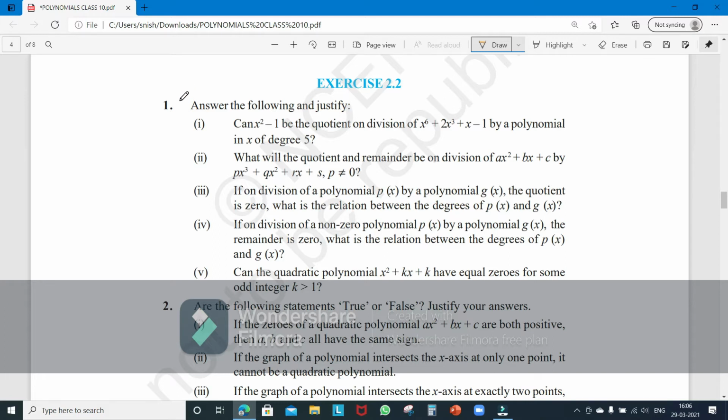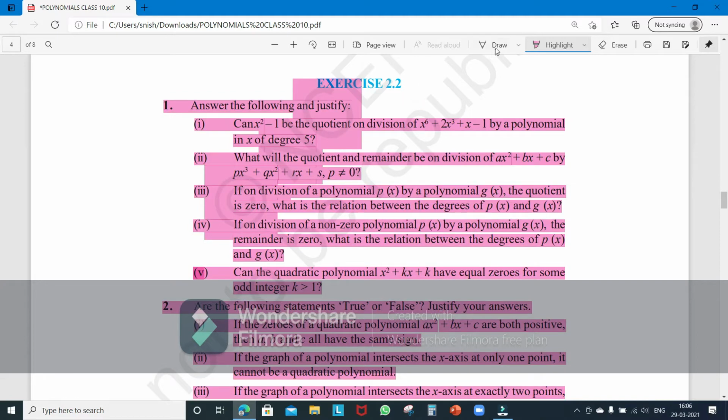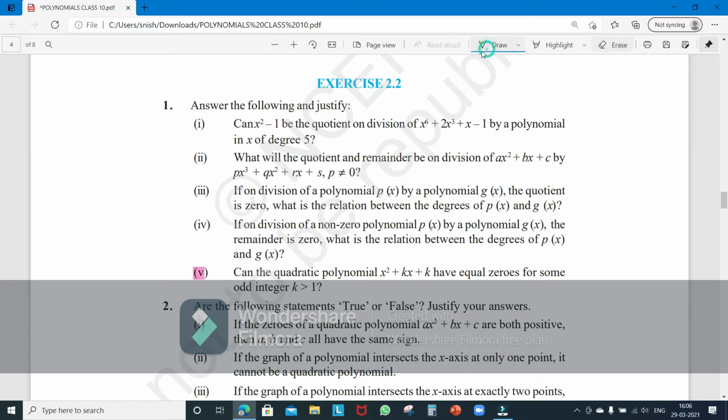So of the first question, we have only the fifth question if you analyze properly. So let me just get it highlighted. Okay, so it's only the fifth question. Just get the first ignored. Right, only the fifth question. There are certain disturbances behind, but let's try to solve the questions without considering them.